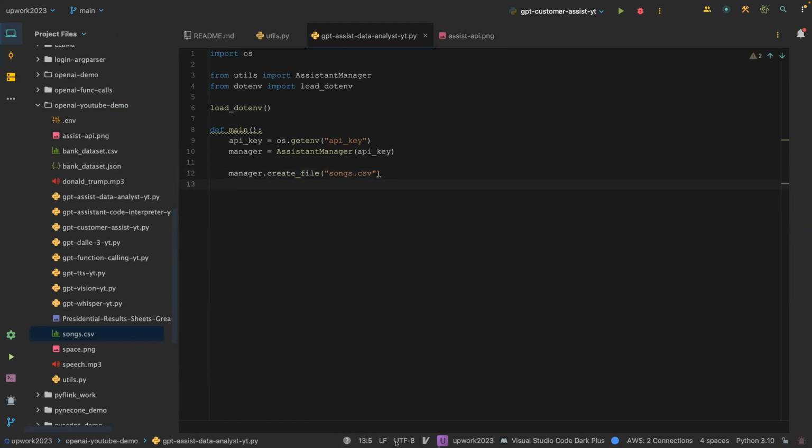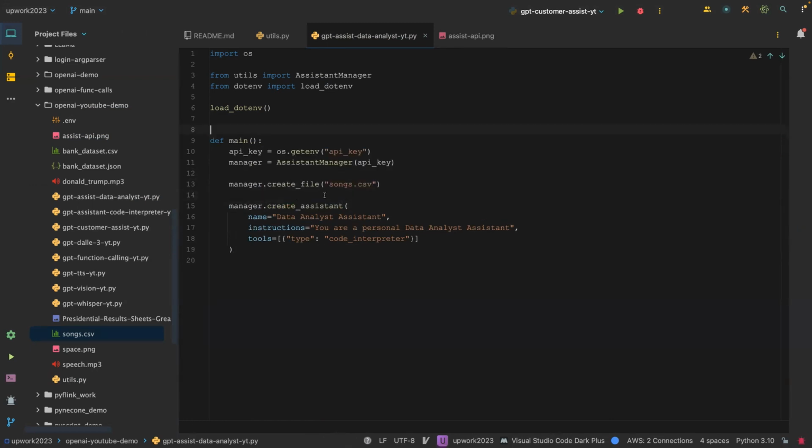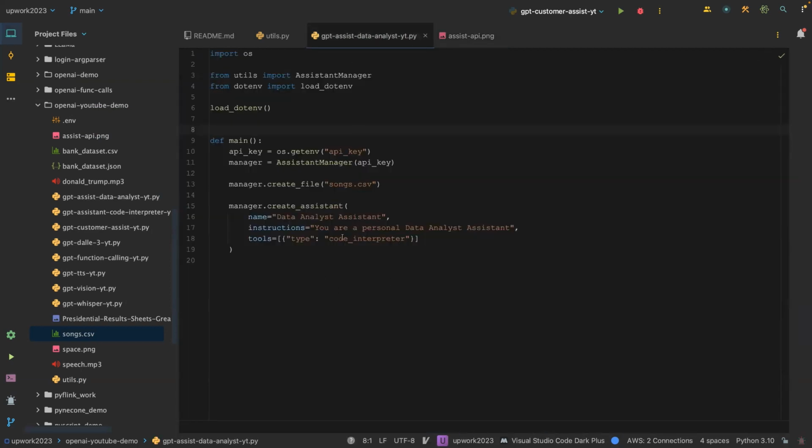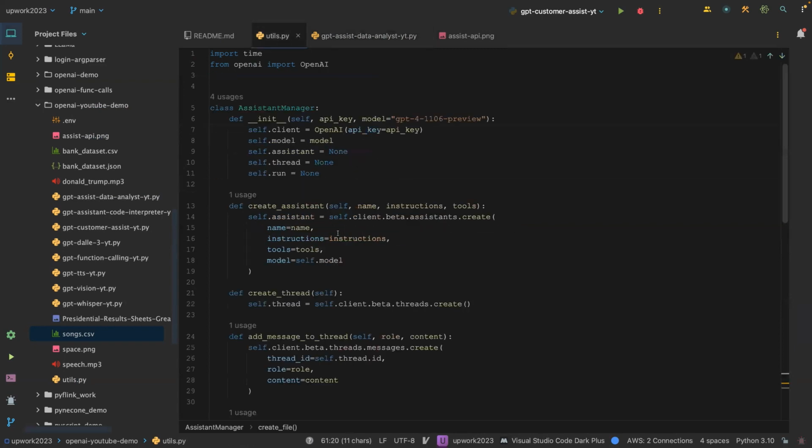The next thing we want to do is to create an assistant. So I'm going to just paste in the code so that we don't take too much time. Once we create an assistant, so here, this is where we are now. We are creating an assistant. We give it a name and then a description and all of that. Let me see, create an assistant. So the assistant also takes